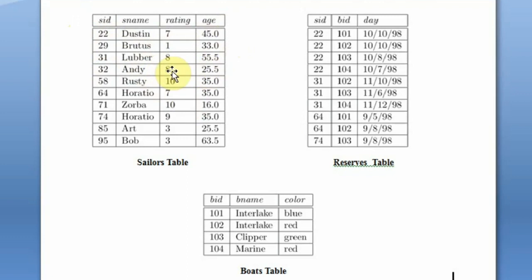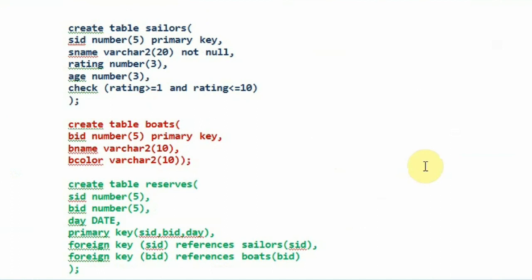But I am going to insert these rows into the sailors table, as well as these tuples into the reserves table, and these tuples into the boats table. In my previous sessions, this is how I have created the sailors table, boats table and the reserves table. So you can see in the sailors table I have SID, SName, rating and age. There are 4 columns, and I have also included a check constraint wherein I said the rating should be in between 1 and 10. And I made SID the primary key, and I want the name of the sailors to not be null, so I said not null. So this is how I created the sailors table.